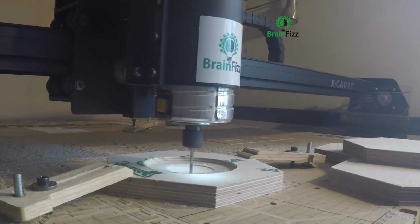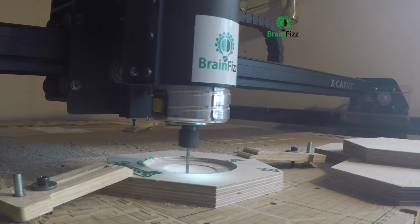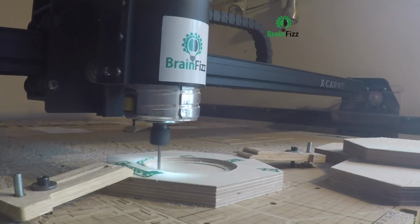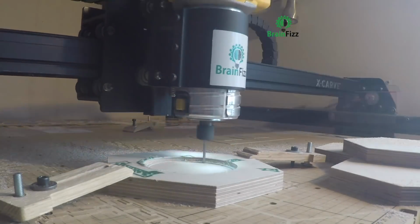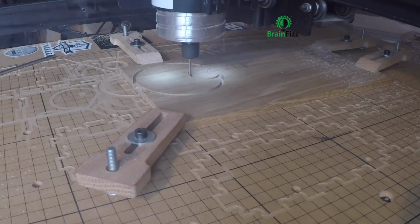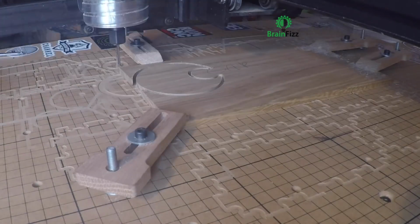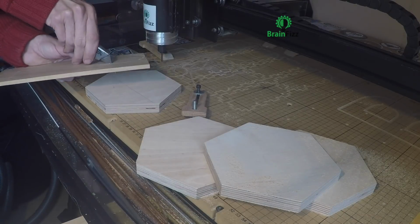So for a recent build that I was doing for a client of mine, there was a desk and home office and an integrated library section, and they didn't want any cables showing for the portion of the desk where they were going to have printers and phones and computer cables and all the rest of it. So to allow access for cables to come up from under the desk to the peripheral components of the computer, we needed to come up with a design to basically make the hole in the desk